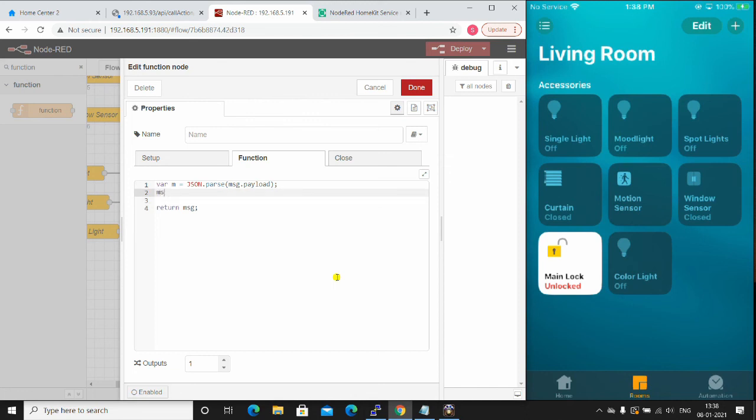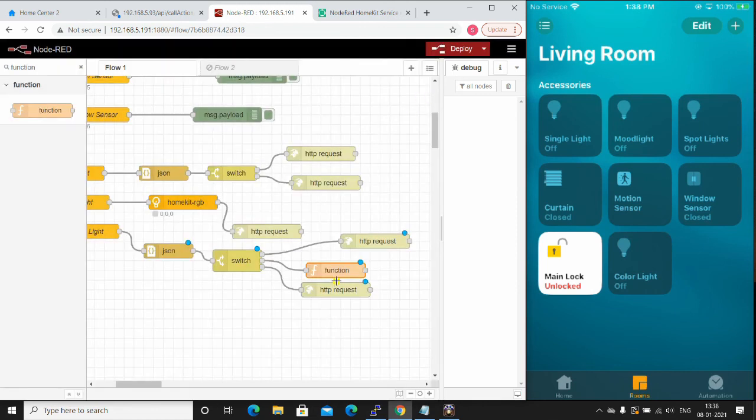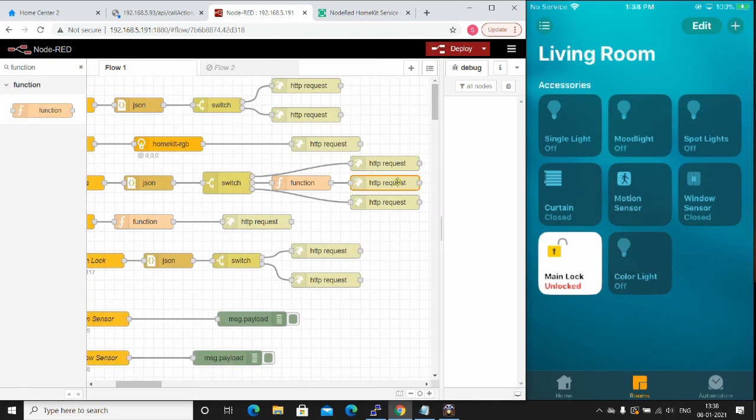So I'm going to be outputting the payload with only the brightness. So that's the reason why I'm doing this. So once this is done, we are ready to send the HTTP request.